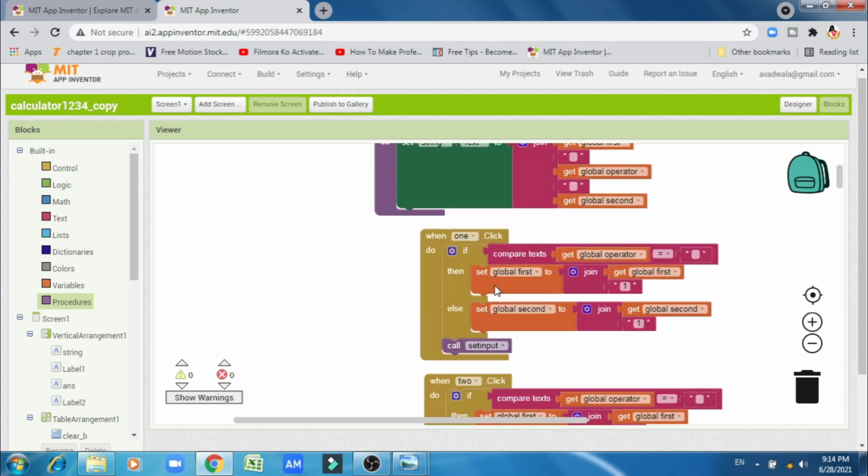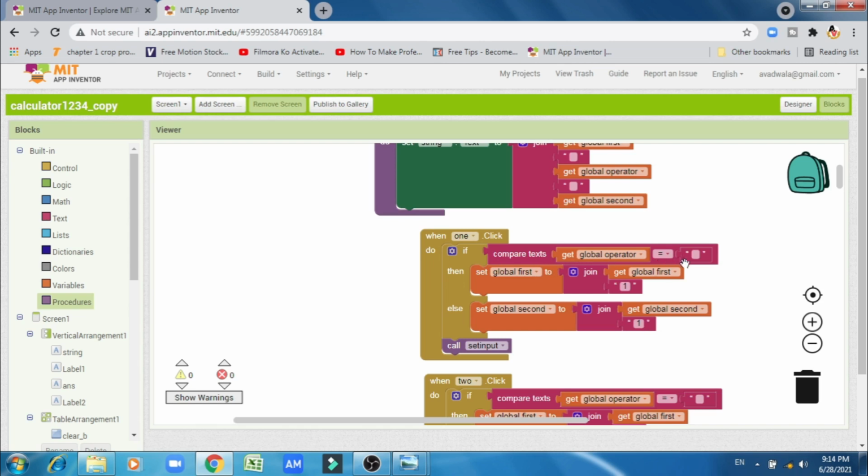Then how can users input the data with the help of buttons? If he clicks the 1 button, then what will the computer do? The computer checks the global operator, is it empty, then it sets into first and gives it the 1, or else it is set to global second and global second will become the 1.